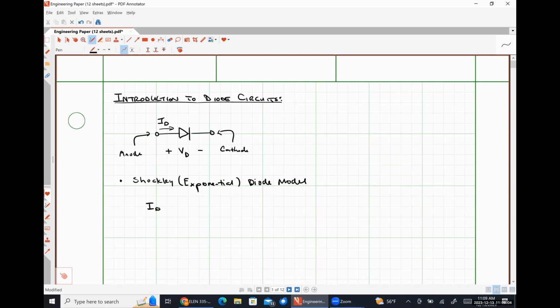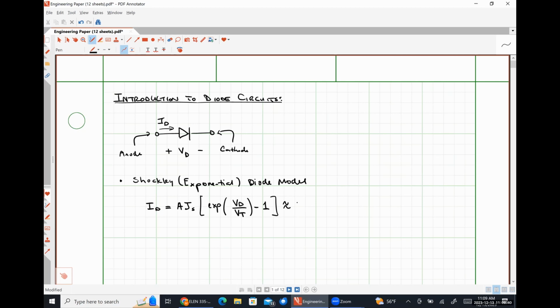Our diode current ID is going to be equal to the area of our junction times our reverse current density JS times the exponential of our diode voltage VD divided by our thermal voltage VT minus 1,